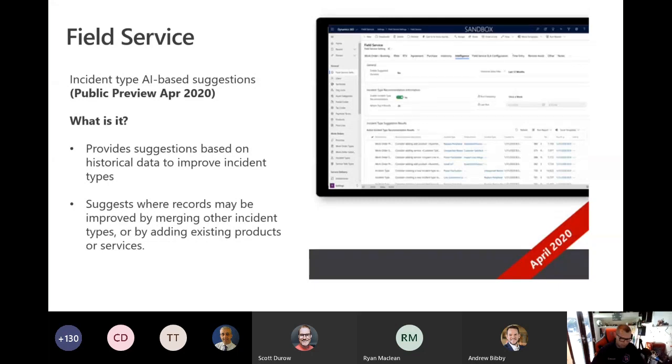Incident type AI-based suggestions. When you have a work order, it goes and looks around the other work orders, and actually suggests an incident type based on what it's found. Very, very cool, right? This I think is one of the most key things, because from a game changer perspective, AI is getting embedded